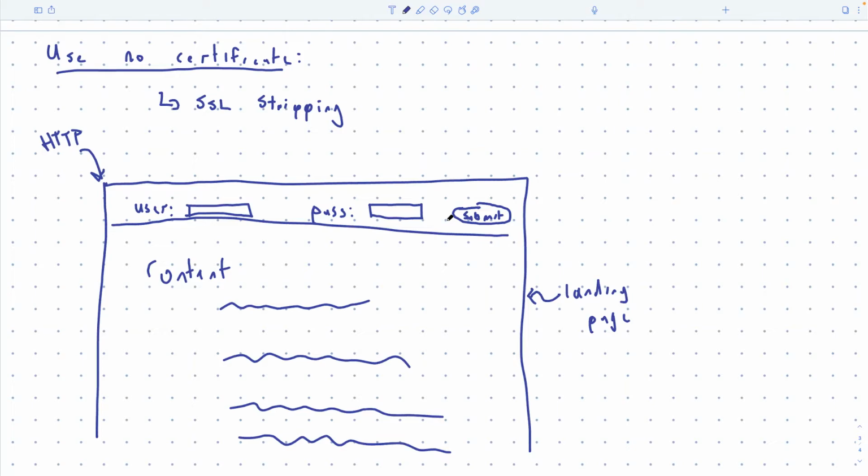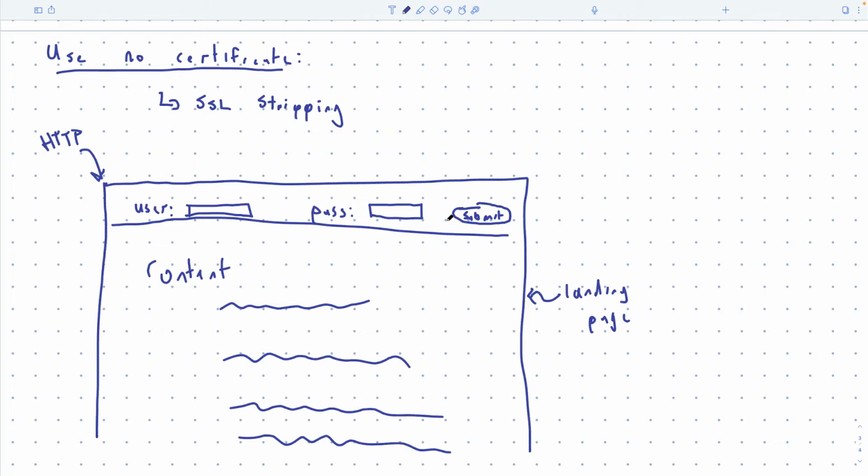Now you might say, well, you don't want to send your password over HTTP, right? So if I see a website and it comes down over HTTP, and I put my username and password and hit submit, does the password go over HTTP or not? By default it would go over HTTP. Is there any way to force the password to go over HTTPS, even if the whole website was HTTP?